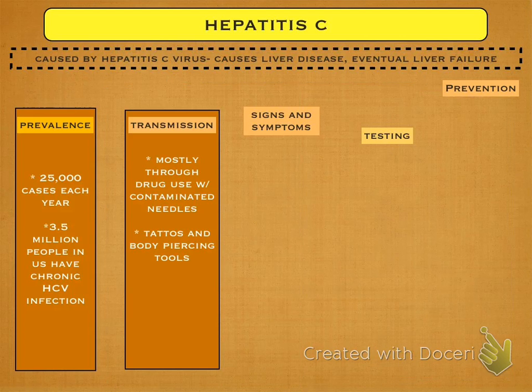The other reason for transmission: tattoos and body piercings. There was a time where getting a tattoo or a body piercing, people just did it at their house, and some of them still do. But if you go to a business, it is now regulated by the health department. They come and check to make sure you have sterilization equipment and brand new needles. Every time, you open up a brand new package. But there was a period of time that a lot of people were getting this done. I don't want to say on the down low, because that's not what it was. It's just that you went to somebody's house and did it.